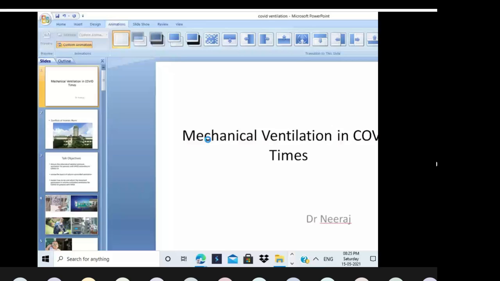So coming to my topic, there is no conflict of interest. The talk objective is to discuss the basic rationale of positive pressure ventilation in patients with ARDS secondary to COVID-19 and nothing else, and review the basics of volume control ventilation, which is the basic mode of mechanical ventilation that we use in